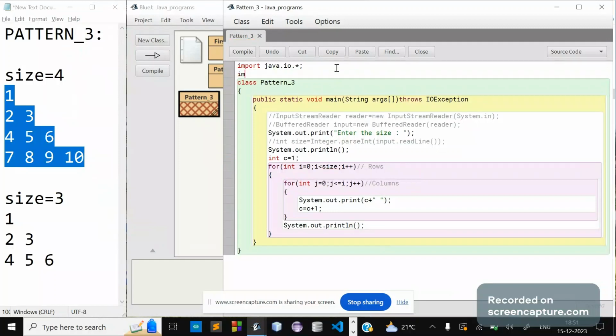I am importing the package java.io.*. Okay, util.Scanner; semicolon. Instead of this, I can write